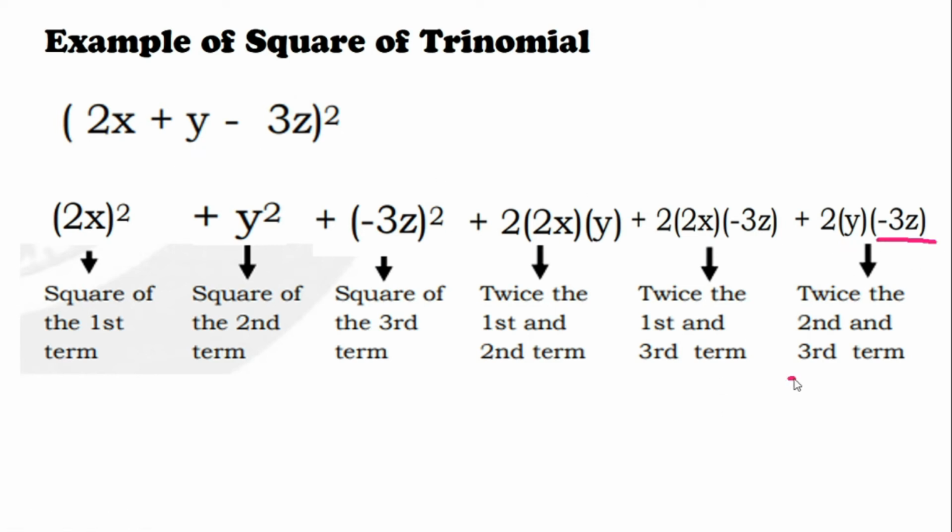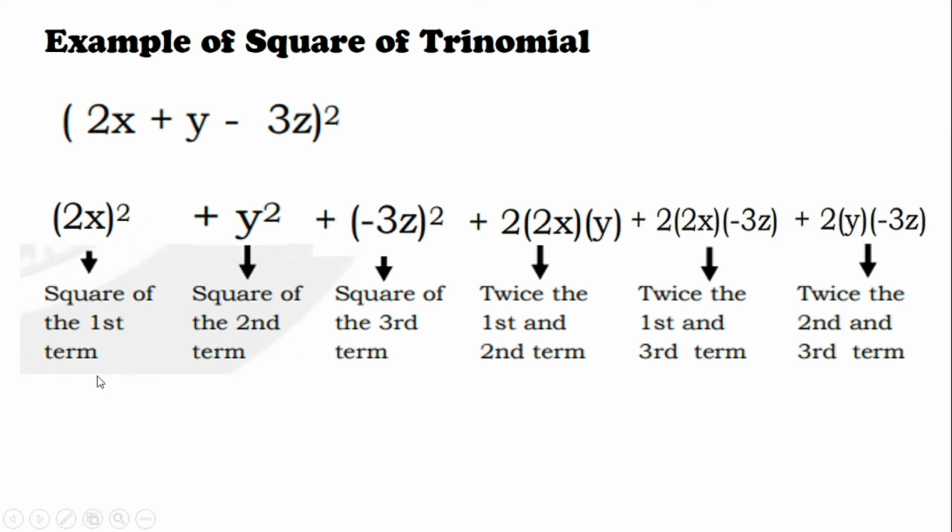Okay? If you notice, our pattern there is A squared plus B squared plus C squared plus 2AB plus 2AC plus 2BC. Okay? Wherein A is the first term, B the second term, C the third term. But in this case, we were given different terms, not ABC. We just replaced A with 2x, B with y, and C with negative 3z. Okay? Simplifying this,